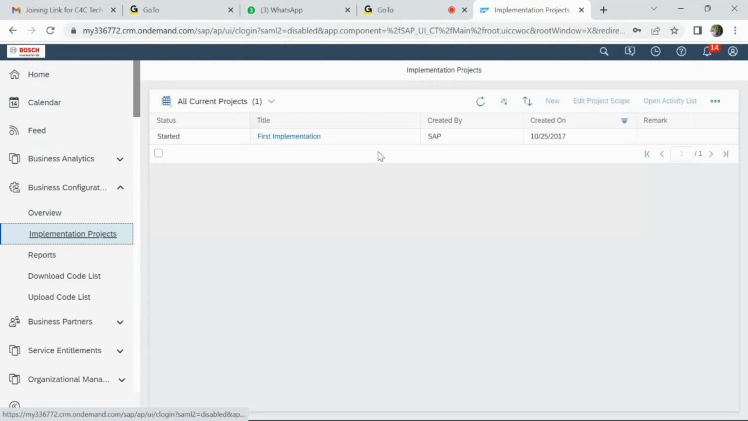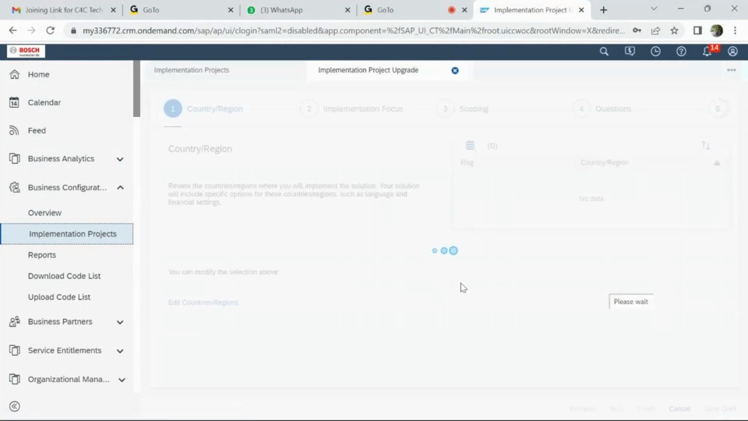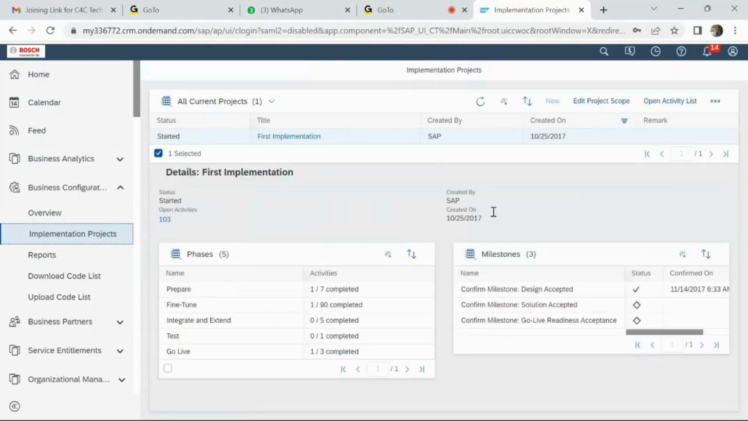This will be provided by SAP, and here only, if you go for edit project scope, here you will be setting up the SAP C4C system, everything. This is all functional things. But if you are creating a business configuration object, that is a separate topic in C4C. So if you do that, you will be coming to this business configuration implementation projects. Inside this, you will be doing those changes. You will be maintaining some things here. So a lot of things are there,